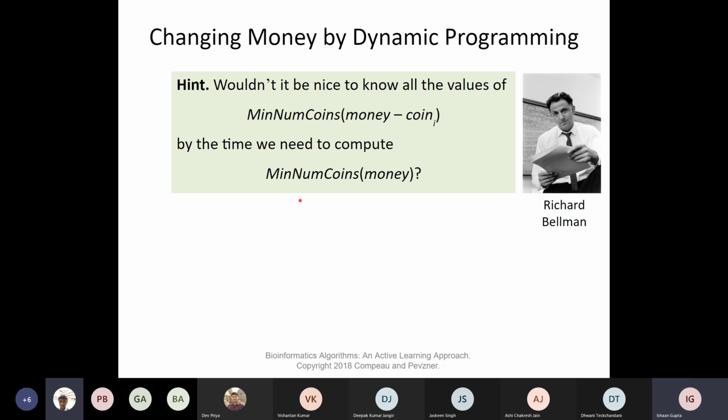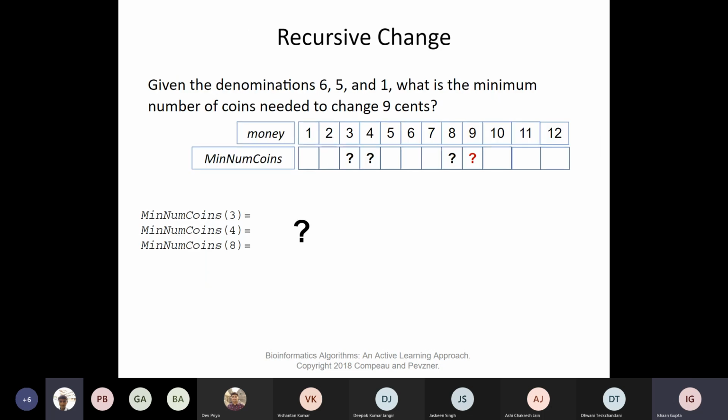So in order to solve this, there was an interesting idea that was put forth by Richard Bellman. He basically suggested that whenever you are solving this problem, why don't you start to solve the problem for all the possible combinations beforehand, right? Rather than actually going recursively backwards. Because when we are exploring the answer for 9, we are essentially exploring the answer for all the intermediate steps,